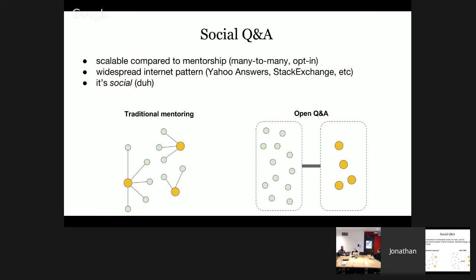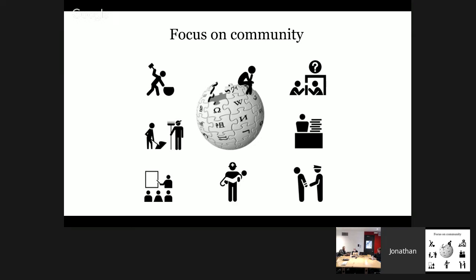This allows a lot more people to be served than through a traditional mentorship approach. It's also opt-in, so you get the support when you need it, rather than when your mentor is available. And it's social, so it provides people with an experience of interacting with other newcomers and with experienced Wikipedia editors. And this leads to the other focus of the Teahouse, which is to focus on the community behind Wikipedia, which